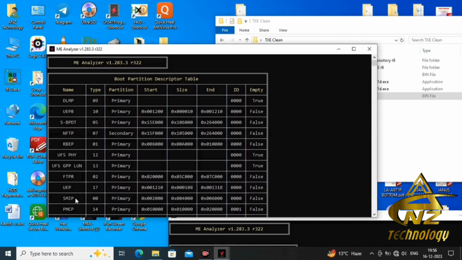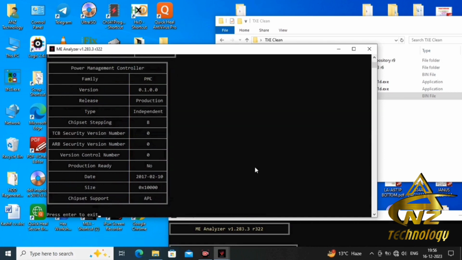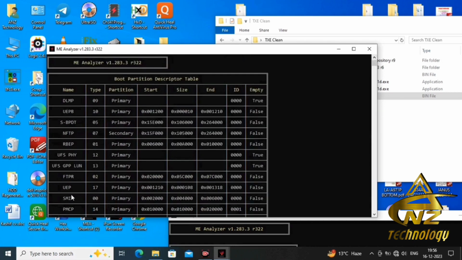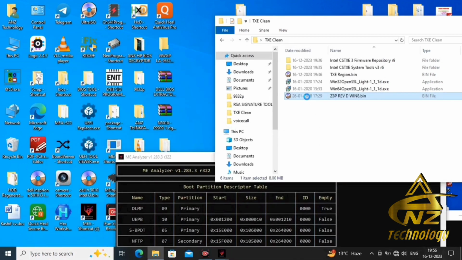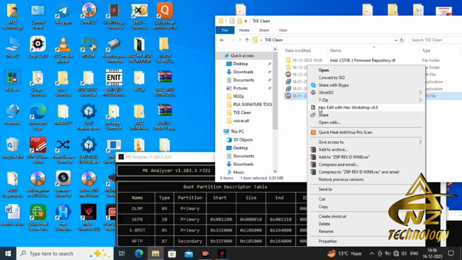Here you will see SMIP, and the location of the SMIP data you can see here. The starting offset is this, the size of this data is here, and you can see the ending offset here. So now just open your old BIOS in the hex editor.